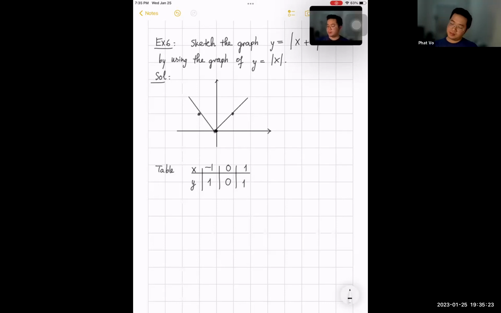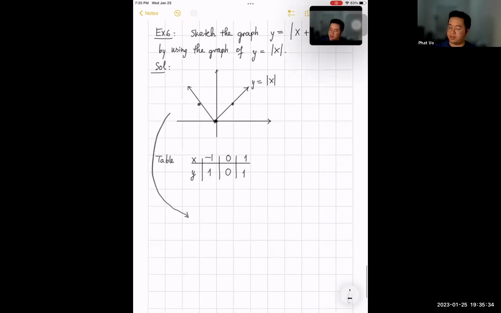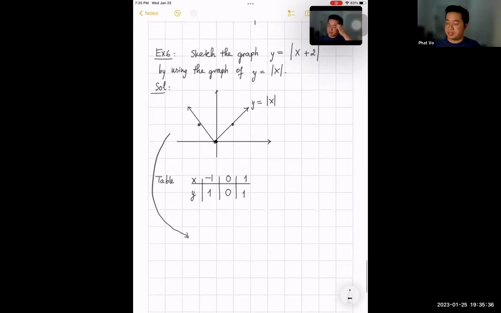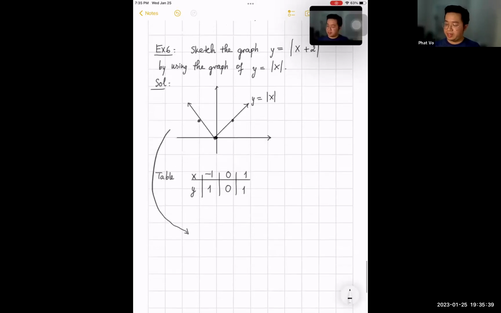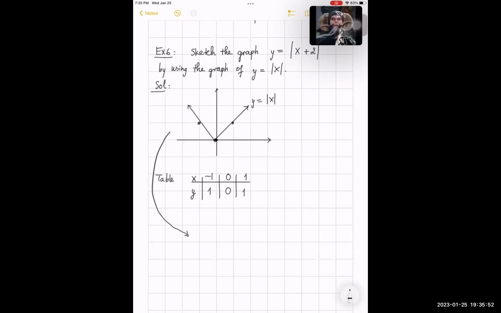Okay. So this is a function y equal to absolute value of x. Now I will transfer this function to new functions. Could you tell me what I need to do? We can move left, right, up, down. Could you tell me what I need to do now? Left or right? Move to the left 2. Yeah, exactly. Thank you,